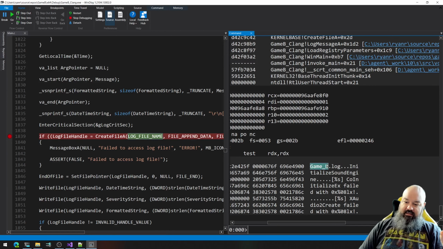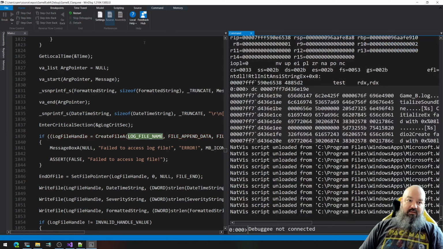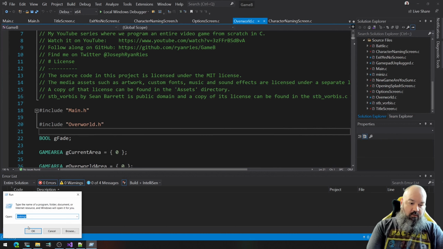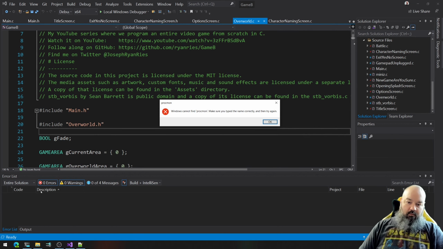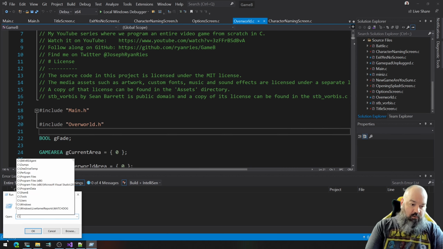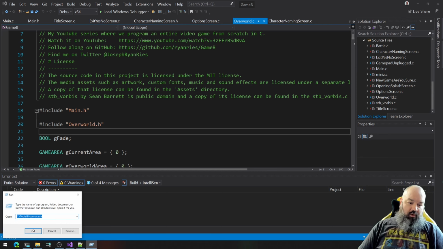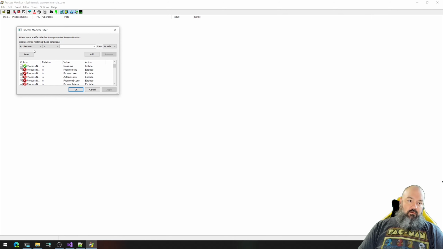We know that our access to gameb.log resulted in an access denied. The question is why? So let me just stop, exit the debugger for right now. What if instead we do Process Monitor, procmon.exe, this is another Sysinternals tool